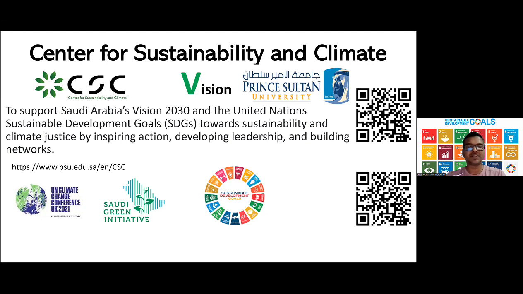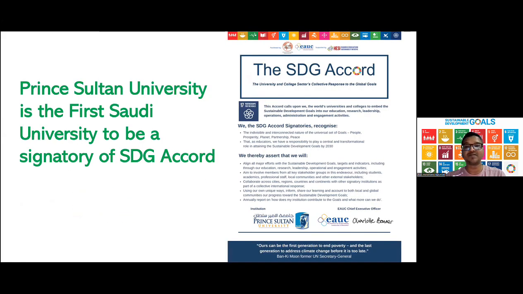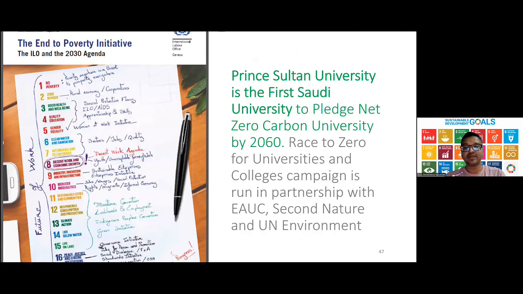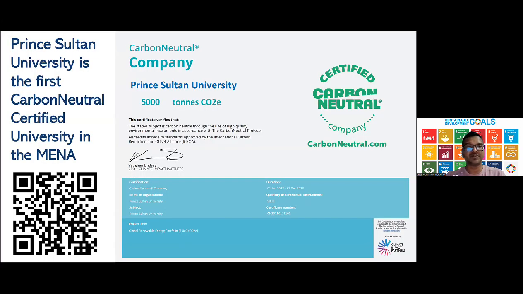And we rightly mentioned the climate justice. Here, the climate justice means there is a knowledge gap. The students need to understand that part. And we are the first university to be a signatory of the SDG Accord. The first university to place the net zero carbon target by 2060 in Saudi. And we are the first university to be offsetting 5,000 tons of carbon